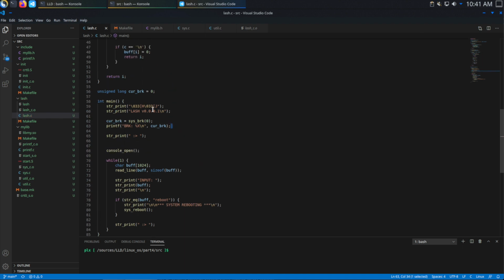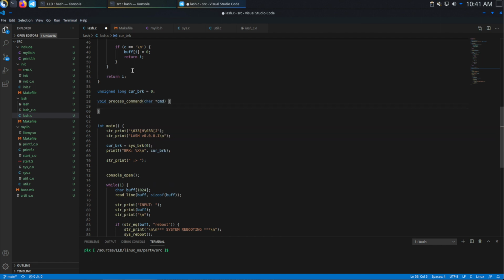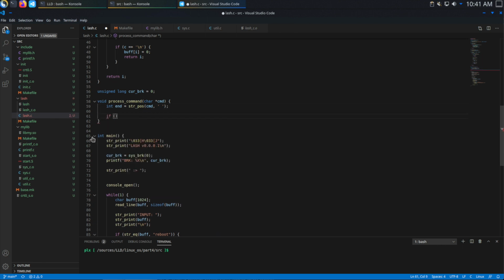Right, now I want to take the code out of this while loop, and I'm going to create an external function called process command. So we're going to take in the command that the user typed. Now we want to separate it out into a command and an argument. So we're going to get the position of the space in the command. Now if there is a space, then that end won't be -1. So if it's not -1,